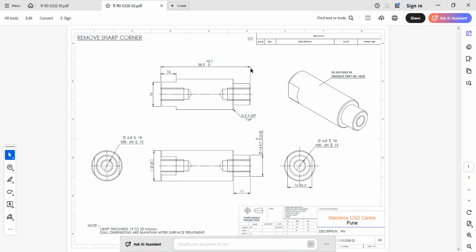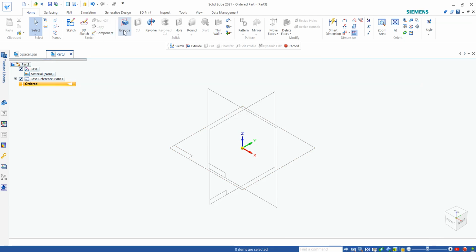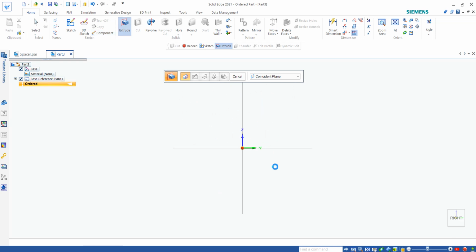So here you can see maximum diameter is 20 and length is 58.5. So simply we are going to create an extrude here, click on extrude, then click on right plane,